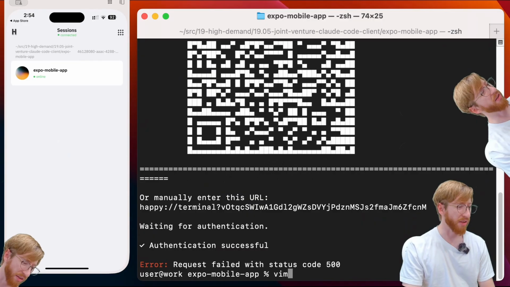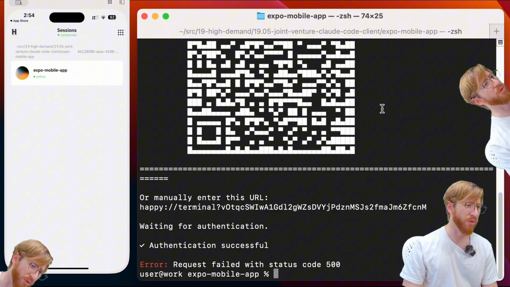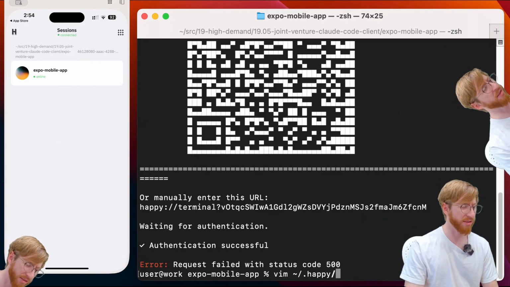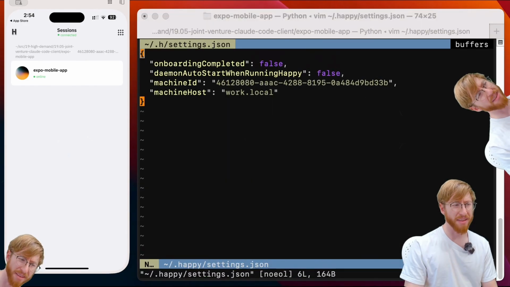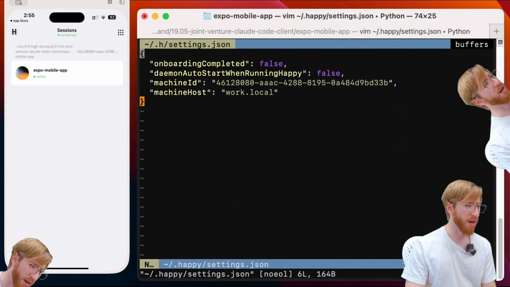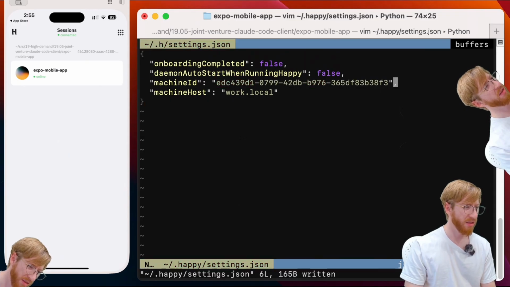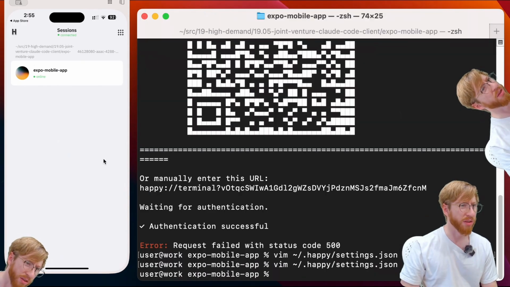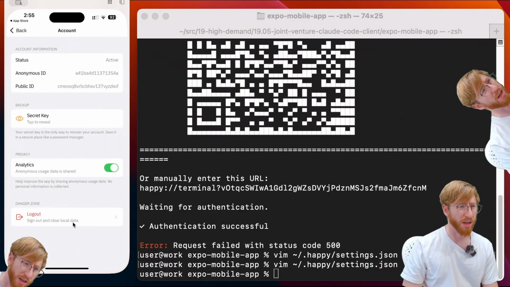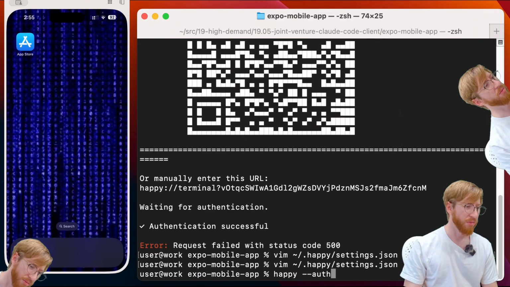I hit the error. When you try to connect the CLI to more than one phone or more than one account, it doesn't work. So I have to fix it by going into the settings, and then I'm going to just generate a new machine ID, and that will unblock me. You can see how this is annoying if you want to give a demo. And then I need to log out of the mobile app. So you get to see logging out, I guess. I'm going to log out, and now that I've got a new machine ID,